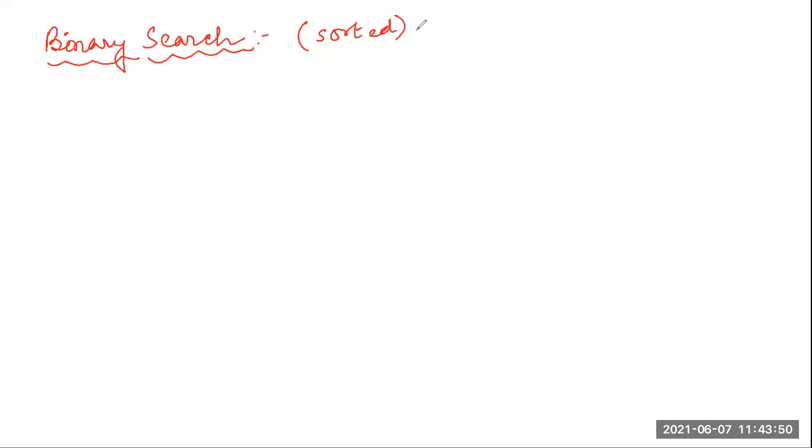Why? Because it is similar to finding something in your telephone directory or in your dictionary. Suppose you have to find a word starting with the letter L. You first flip to the page where you get L. Then after L, you have the letter U, so you open those pages where U is.